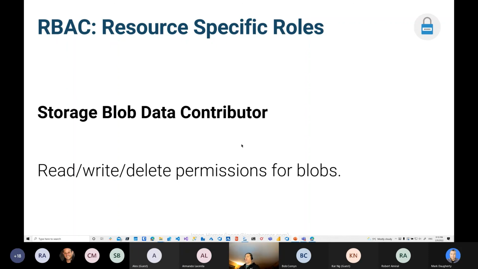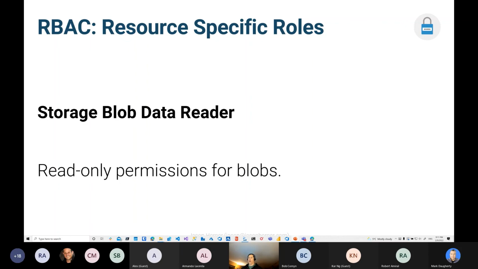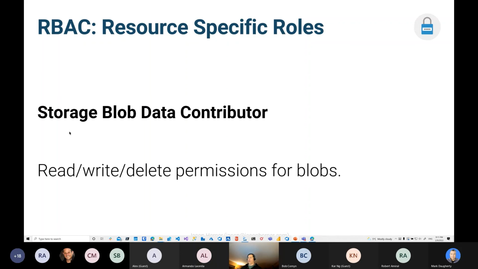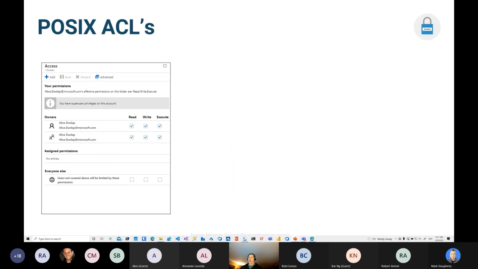So I can further restrict this storage blob data contributor role to specific folders. But what I can't do is through the ACLs, I can't give you storage blob data reader and then give you write access via POSIX ACL. It doesn't work that way. So this would be giving me read access. If I wanted write access on a folder, this wouldn't work. What I would have to do is if I wanted write access on a single folder, I would give you storage blob data contributor and then give you read on the folders that I want you to just have read on. POSIX ACLs are